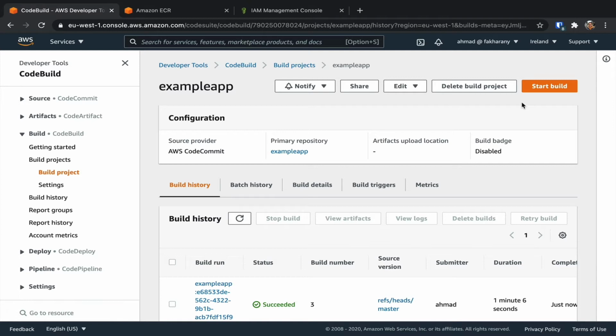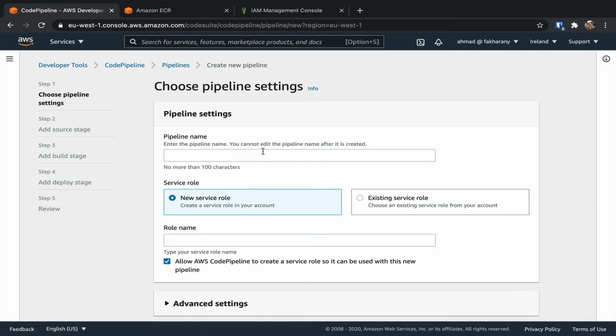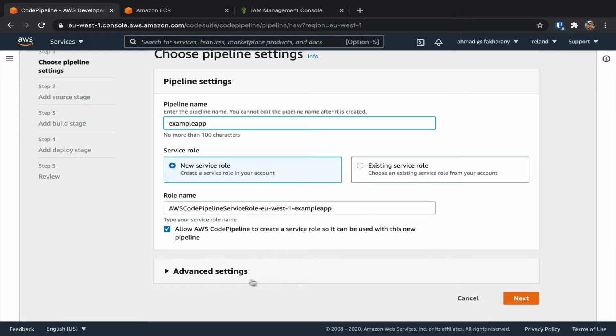Whenever code is pushed to the master branch or some other configured branch, the pipeline should be triggered. That is the role of CodePipeline. So let's see how we can make this happen. So from the left-hand side, I'm going to go to Pipeline, Pipelines, create a pipeline, and as usual, I'm going to call this example app. I'm going to let this CodePipeline service create a new service role for us, and I'm going to leave everything